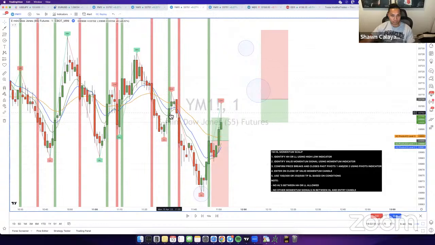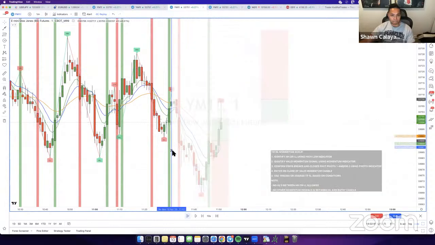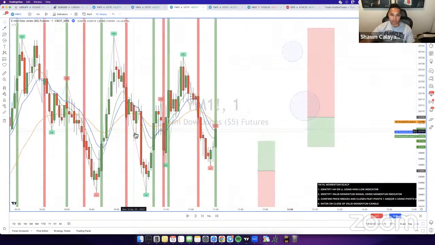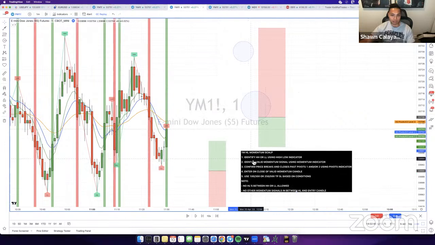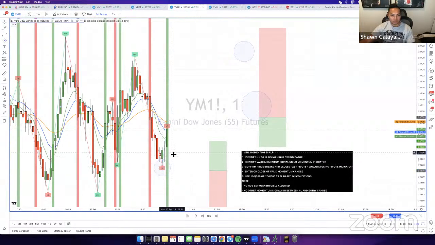This one looks like it might have been a loss. This one happened at about 11:31 a.m. So again, these aren't entries that I would take. I'm just going over examples for entries that came up after the live session. There were no trades available this morning, unfortunately, but these are trades that came up after.